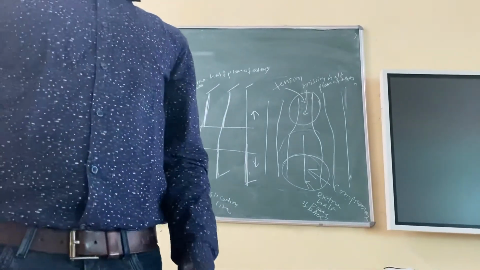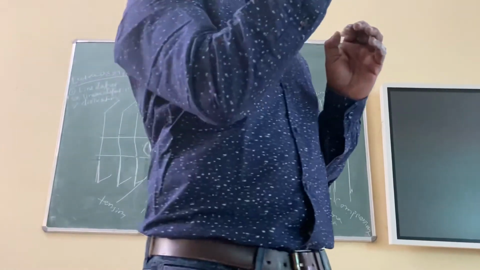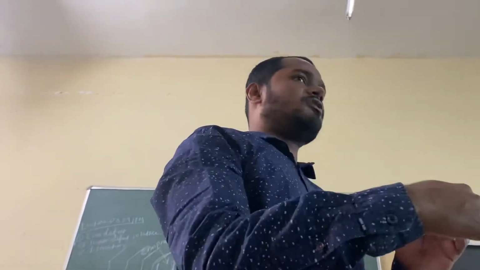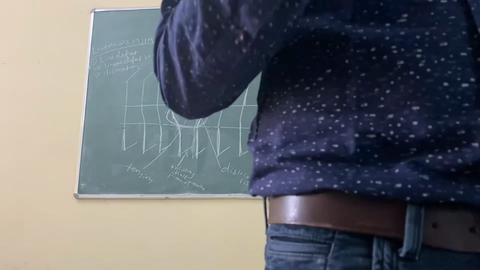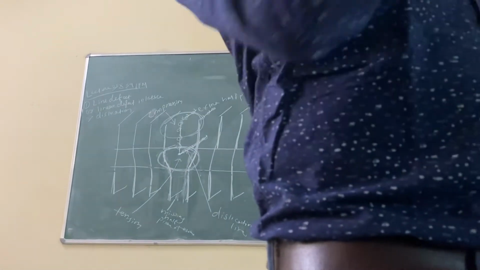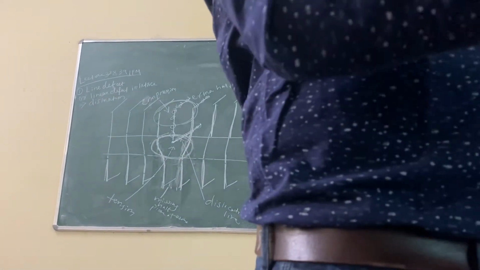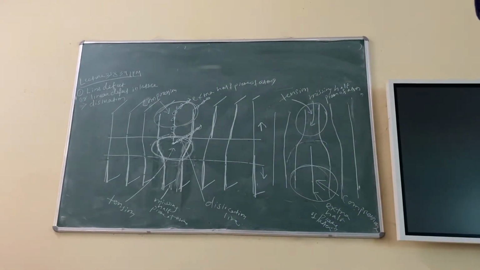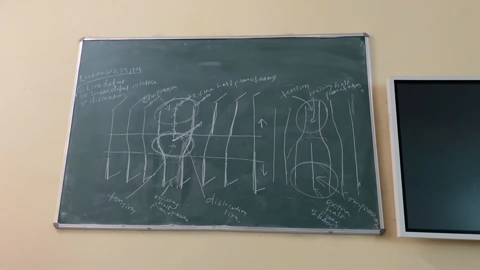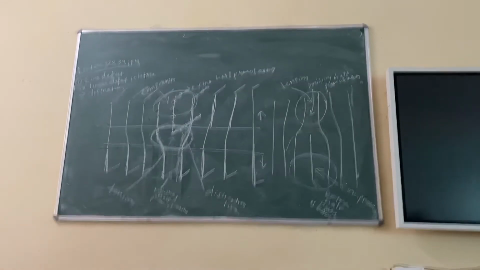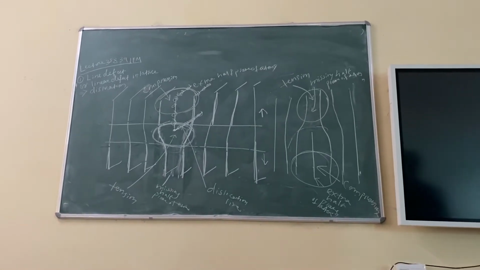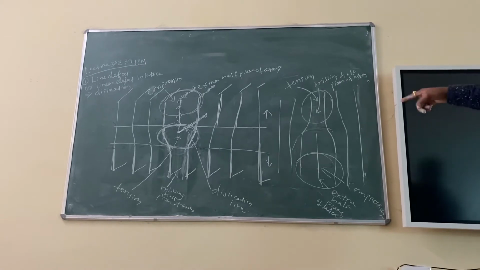So in the real situation, what happens due to the presence of this kind of field, tension field or compression field? That will interact with the solute atoms present over here. If you remember, we talked about interstitial solid solutions, substitutional solid solutions, right? When they are present, they produce a strain. You remember? When there is a solute atom, it will produce a strain field. When there is any bigger atom, it will also create a strain field.